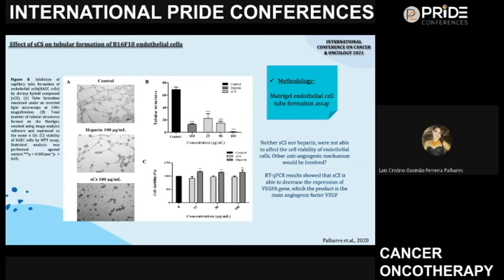And once again, it's interesting, because you could think, oh, maybe the presence of SCS was so much that it promoted toxicity and killed the cells, and that's why you couldn't see the tubular formation. But when we performed the cell viability assay, we saw that the compounds did not promote any kind of toxicity on the cells, which points out that the mechanism by which SCS promotes an anti-angiogenic effect might be a different type of modulation, and that's what has been described here so far.